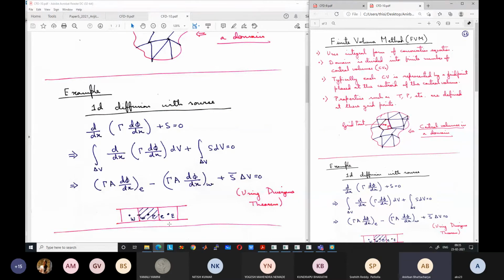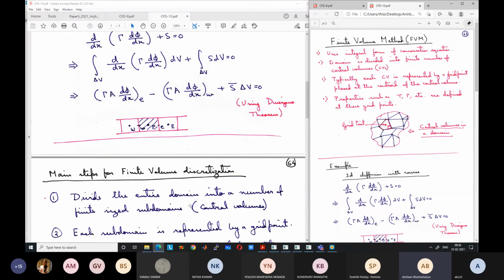So we divide the domain into control volumes. These will be 1D control volumes. Although I am showing them as 2D control volumes, actually the domain is a line because it's a 1D problem. You divide the domain along the x direction. Each control volume has length delta x, going from small w to small e, and is represented by the grid point P at its center. Instead of this type, the control volumes will actually look like this. I don't have a picture here.